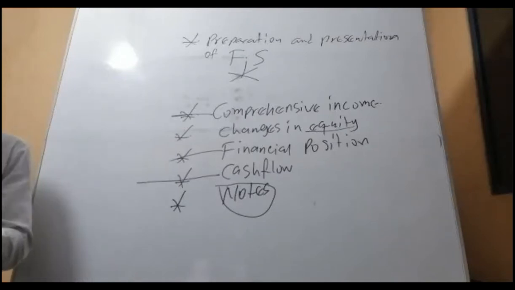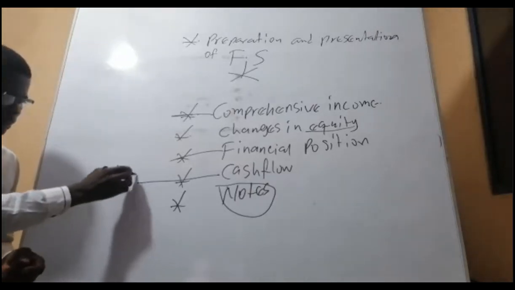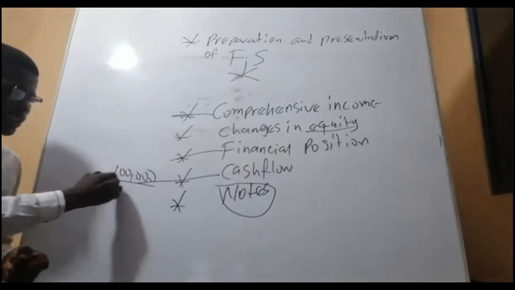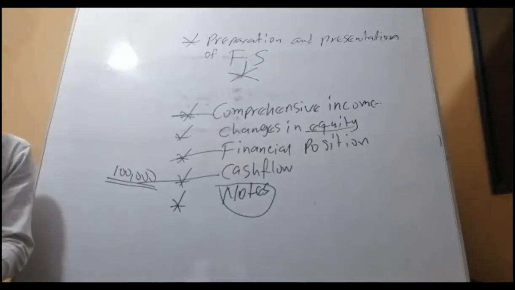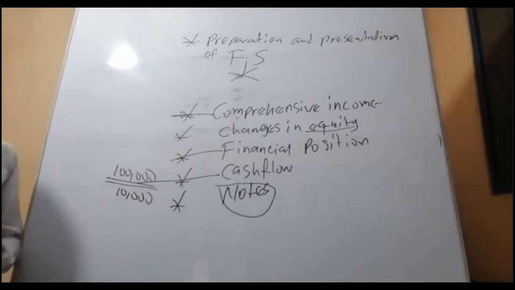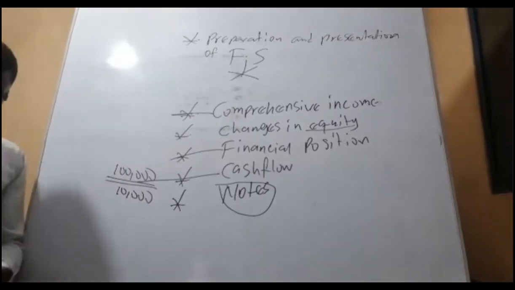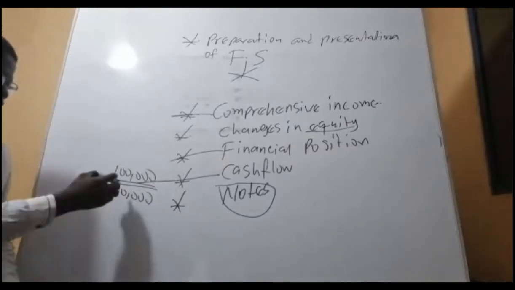Profit and cash. Okay. Now, a company will make a profit of, let's say, 100,000. The accountant will declare a profit of 100,000 for maybe the month. And the owner will ask, Mr. Accountant, what's our cash balance? Boss, the cash balance is 10,000. Ha! Mr. Accountant, where is the remaining 90,000? I thought we made a profit of 100,000.